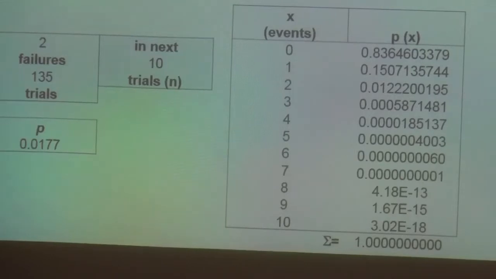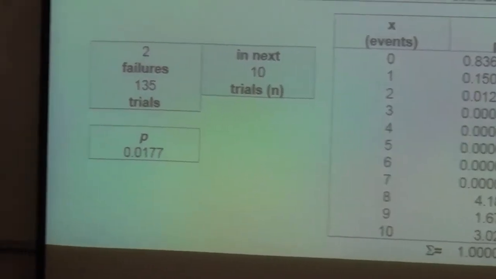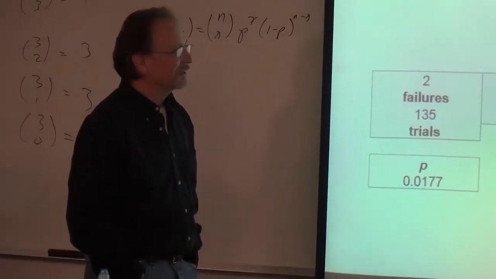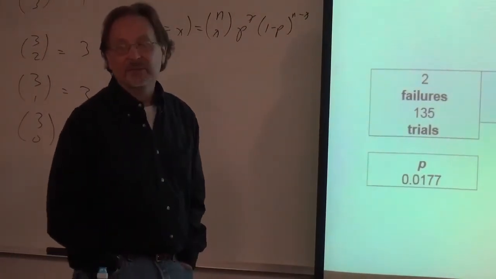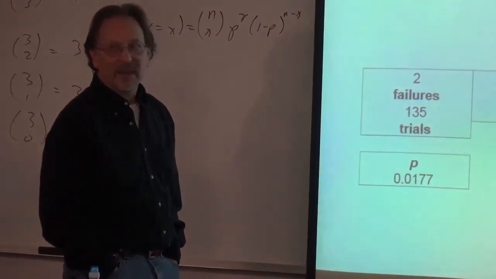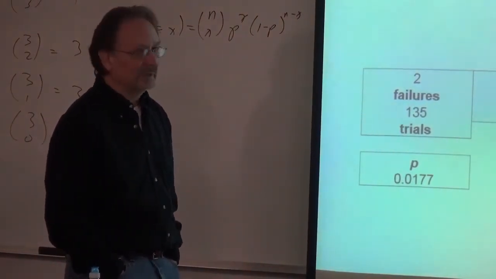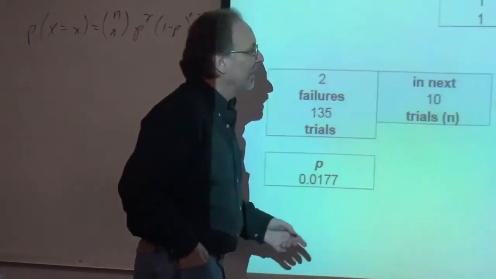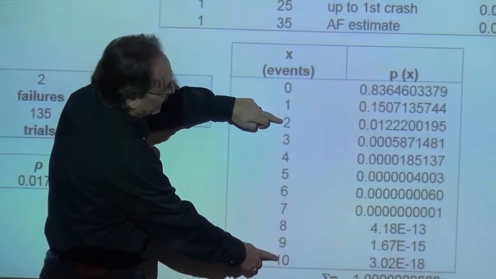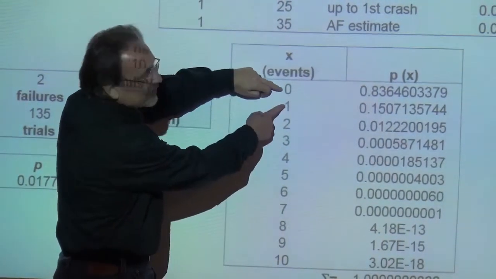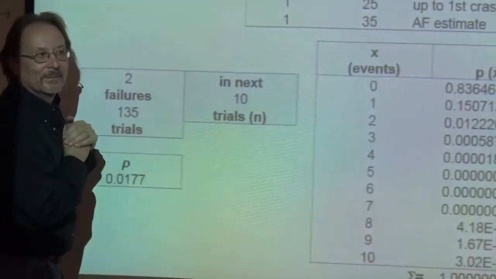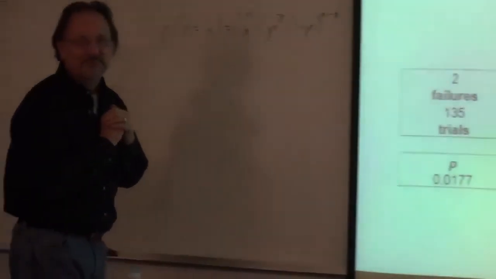If I were to ask what's the probability of getting at least 2 crashes, probability of having at least 2 crashes, that would be an example of the cumulative mass function for the binomial distribution. And what you would do, getting at least 2 crashes, you would add up 2 through 10, or add up these 2 and subtract it from 1, right? Using the complementary rule.